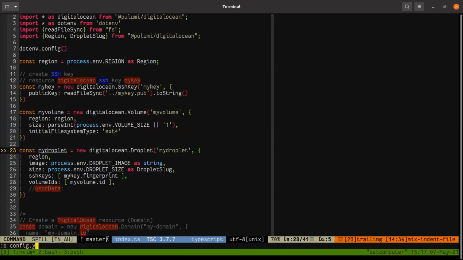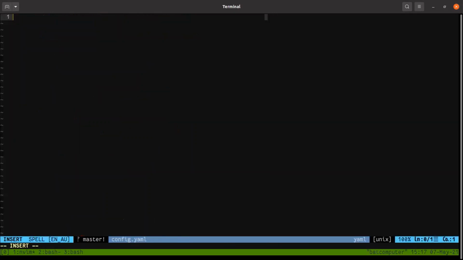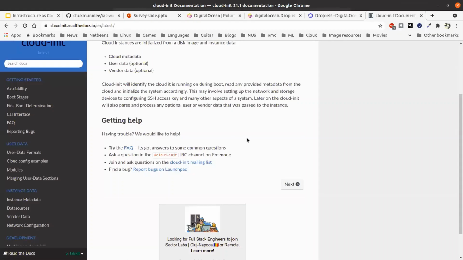I'll write a file called config.yaml, and I'm going to write a simple cloud-init script to install Nginx, to basically do what I did just now with the provisioner. In the cloud-init script, the first line has got to be a hash, and then you say cloud-config. So that's what you need to do. Okay. I think it's called cloud-config.